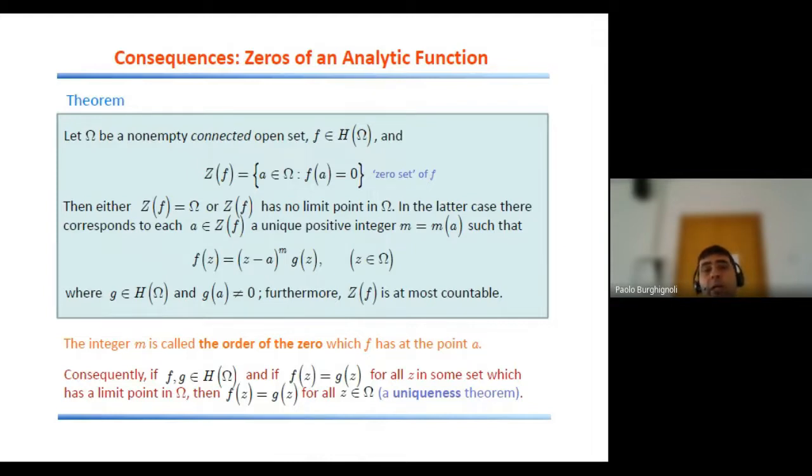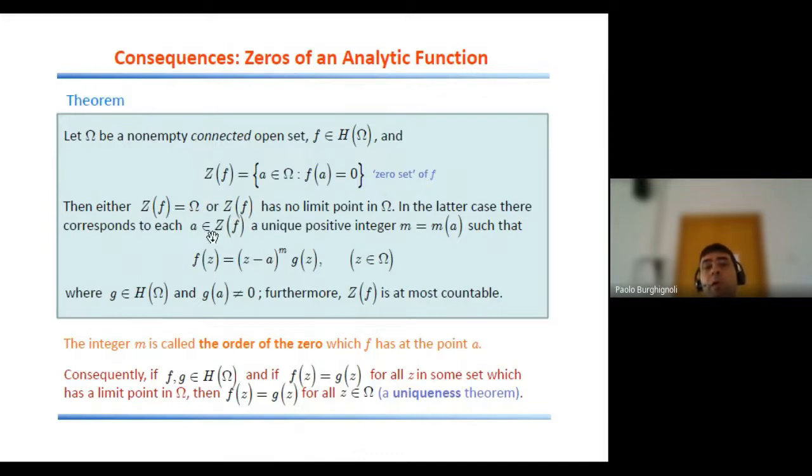So let now omega be a non-empty open set, which will be assumed to be connected. Let f be a holomorphic function in omega, and let Z(f), capital Z of f, be the set of points a belonging to omega where the function is equal to 0. So that's the locus of the zeros of the function. That's also called the zero set of f. Then there are two possibilities. Either the zero set coincides with omega, so the function is identically 0 in the entire omega region, or otherwise, if that's not the case, then the zero set has no limit point in omega,